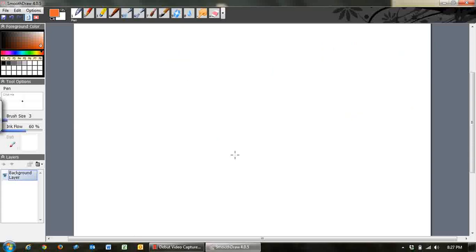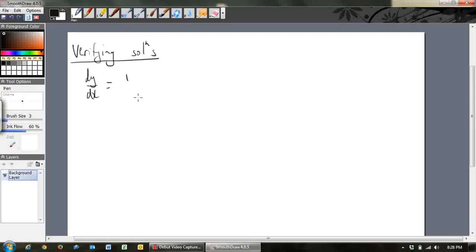Okay, so now we're going to get into verifying, and I think I'll just do one example of this. Verifying solutions. What verifying means is to check. And so you might get a question that might be something like this. If we've got dy dx is equal to 1 over y, and we're told that the solution is y equals root 2x plus c. Okay, so we're told that that's the solution, and we're asked to verify